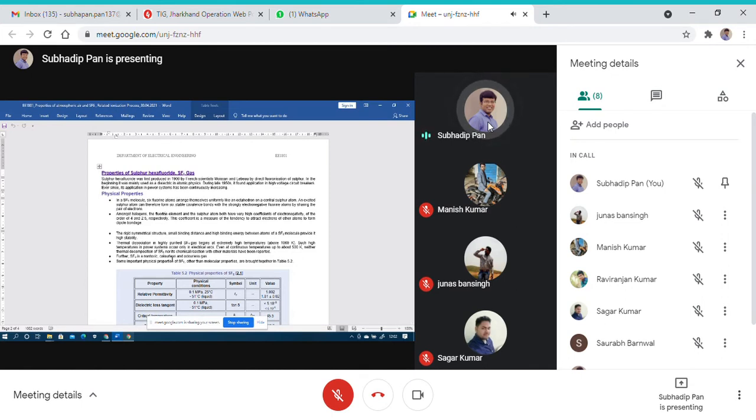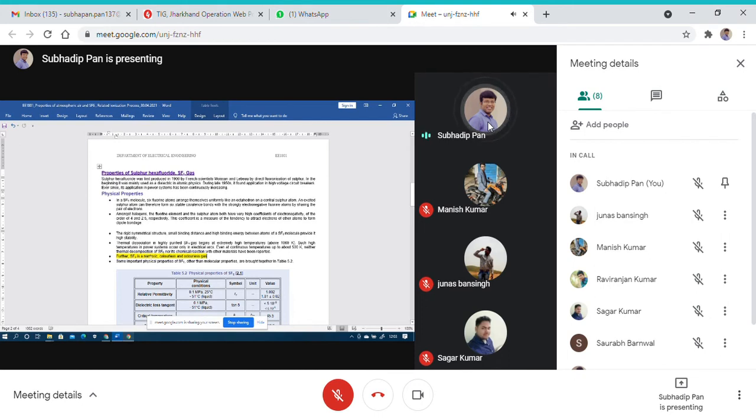Also, I will tell you that the SF6 gas has a rigid symmetrical structure. Rigid means it is a very complicated, symmetrical structure. This SF6 gas is non-toxic. The gas is colorless. This SF6 gas is odorless. Keep these things in mind always, this particular point is very important. Maybe sometime in an interview they will ask. The SF6 gas is odorless, there will be zero odor. It is a colorless and non-toxic gas.